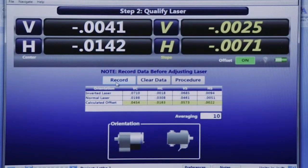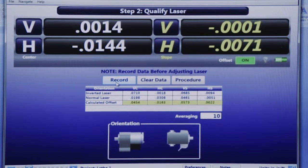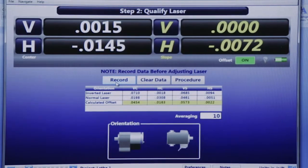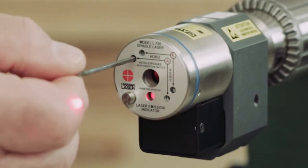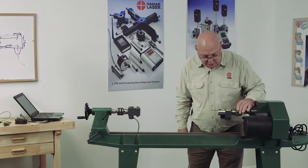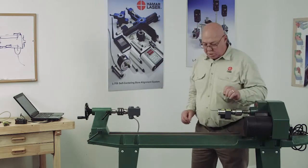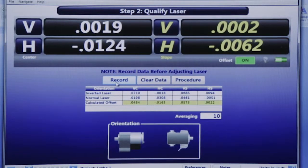If the laser turns, get it back to the... Now I'm going to do the horizontal angle. So I'll put it in the horizontal one. Again, using the long end. Never start with the short end, always start with the long end. We're going to adjust so these are